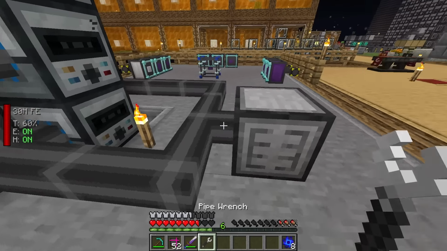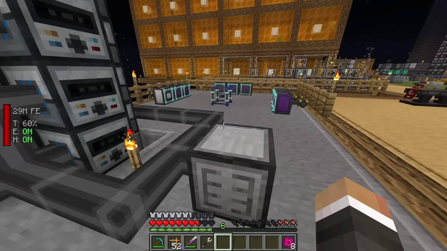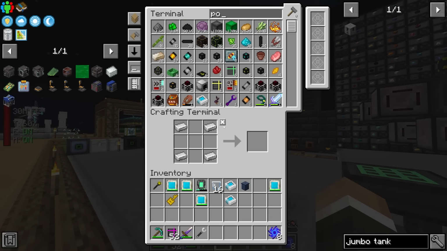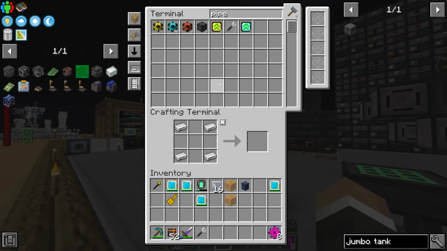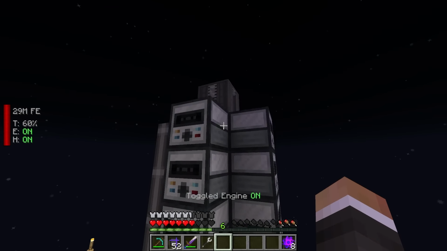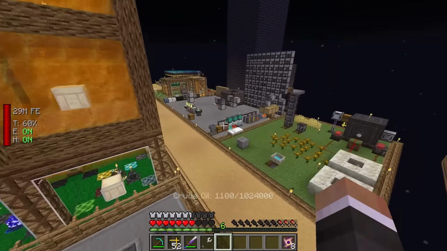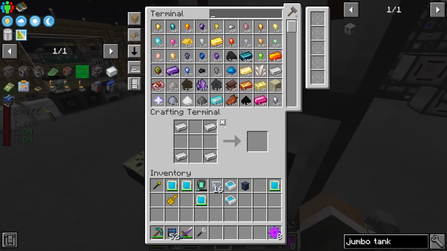Once again, we'll set this to extract, and if we go and grab one of our pipe upgrades, we should be able to get that moving just a little bit faster. So now this is going to start producing the crude oil, which is perfect. It's going to store it up here. Fantastic. What we can do is take that crude oil and go and place it into